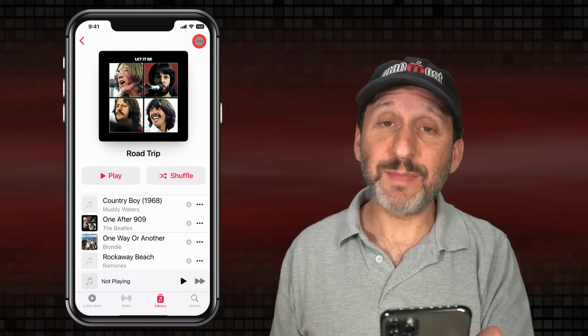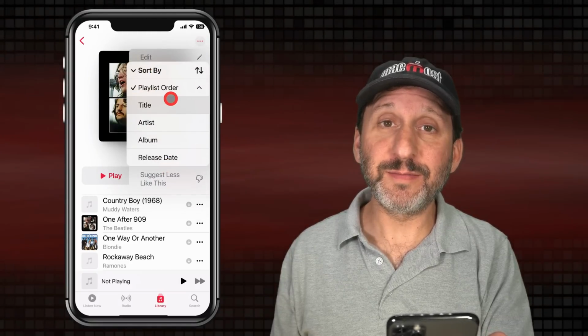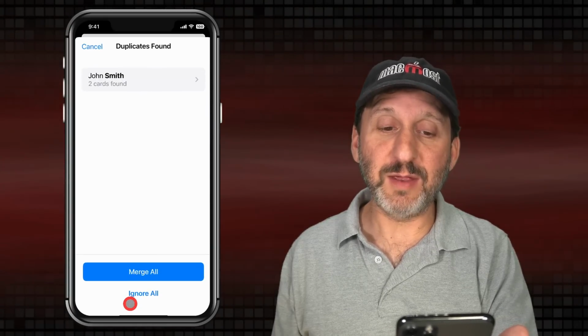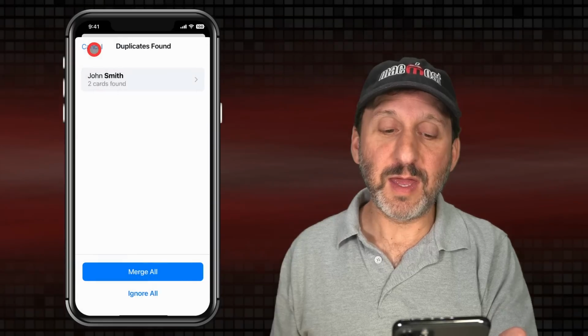Playlists in the Music app now allow you to sort by a whole bunch of different criteria. A couple new things in the Contacts app. One is it will notice duplicates. So I've got 2 duplicates here. I notice at the bottom it will say 1 duplicate found